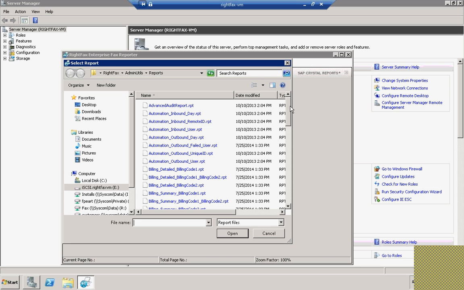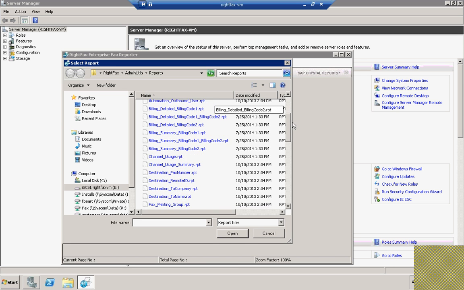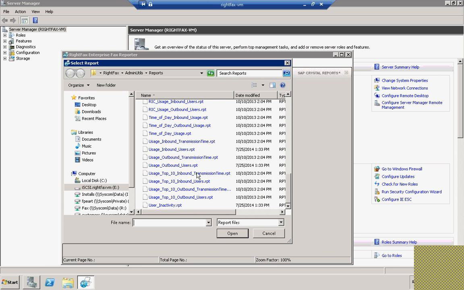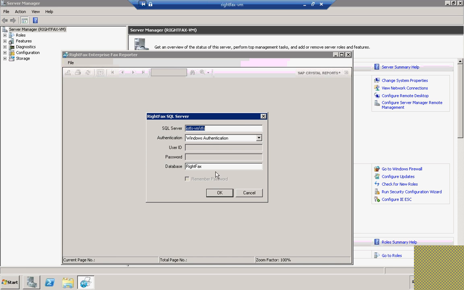So let's go ahead and select one of our outbound reports so that we can get the volume numbers that we need. So I'm going to select the Usage Outbound Users Reports and select Open. And then I have to specify the SQL Server and the instance of SQL, if there is one, where my RightFax database resides. And in this case, my RightFax database is on a SQL server called